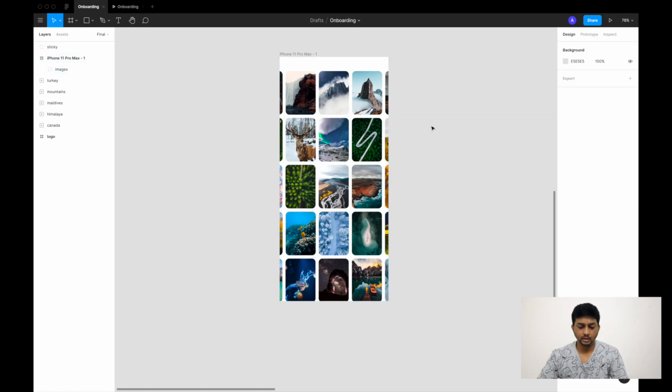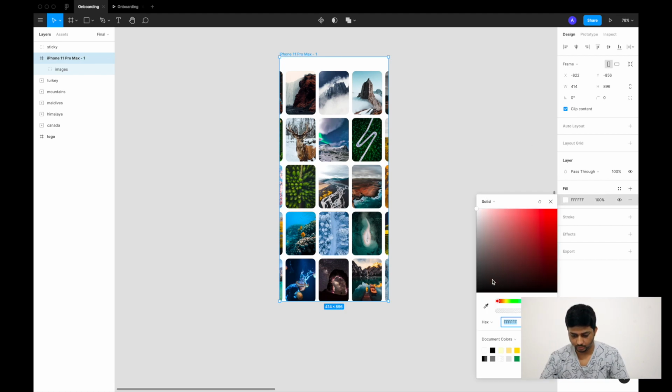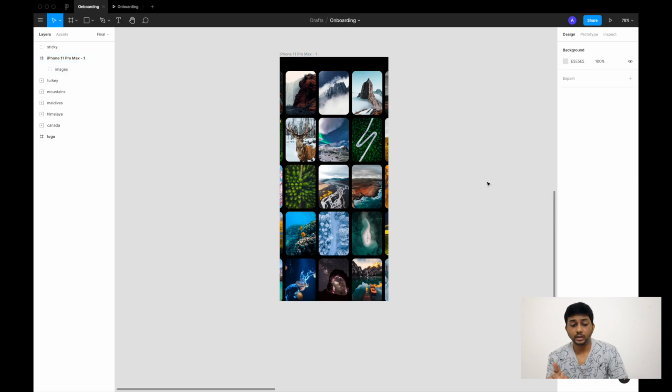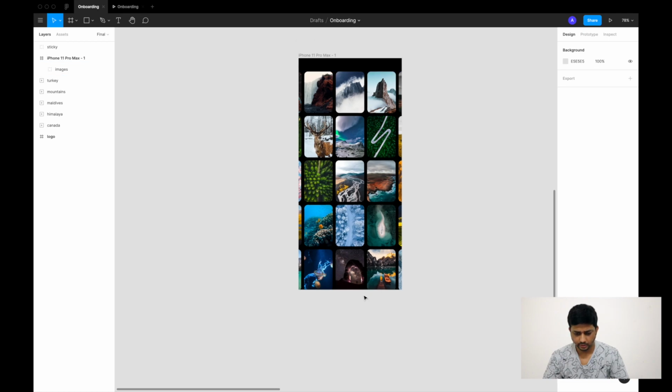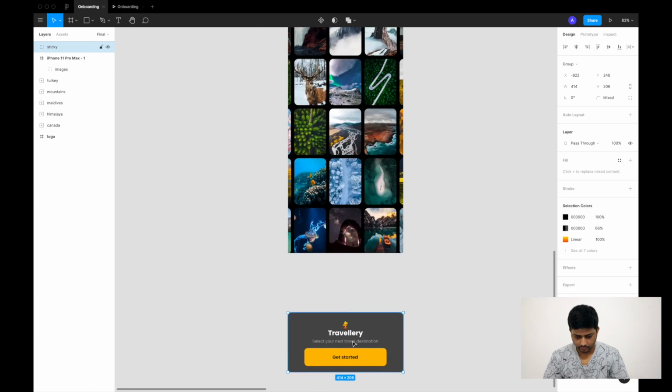Now let's build. Actually, I also wanted to create this app in a dark theme, so I'll change the background from white to maybe pitch black. Perfect. Now let's also quickly build the other set of the UI that we have seen in my wireframe. We also want a sticky button which says get started. I've actually already done that part, so let me just add it here. I'll show you guys.